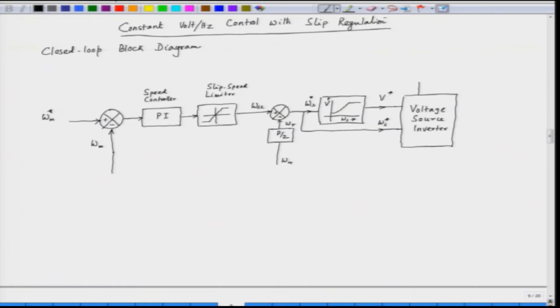The input of this inverter is a DC voltage, the output is the inverted voltage. So, what we have is an induction motor here, and the inverter feeds the induction motor. We have a speed sensor which is connected to the induction motor, maybe a tacho generator, that basically gives us the mechanical speed.